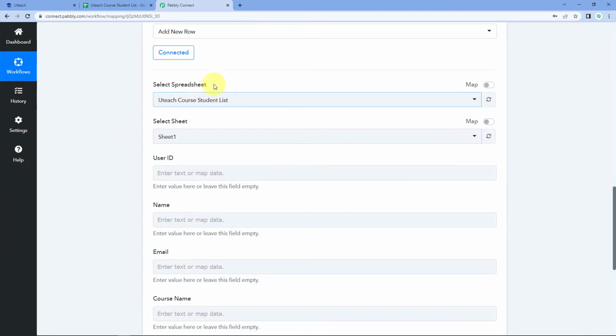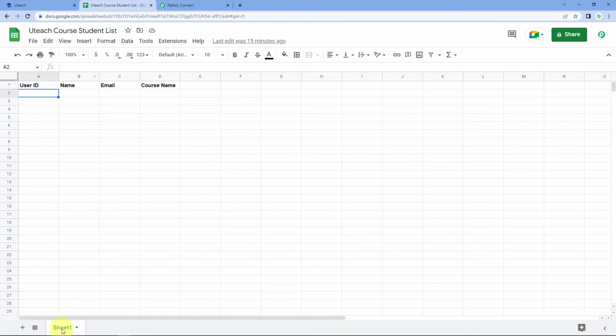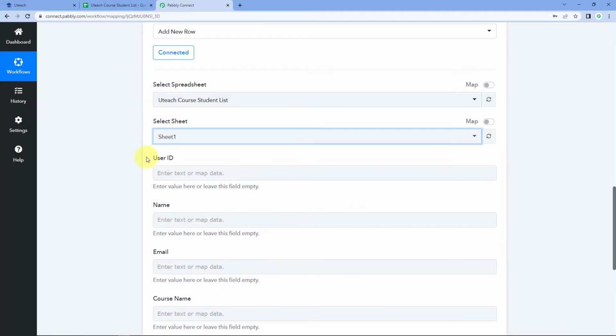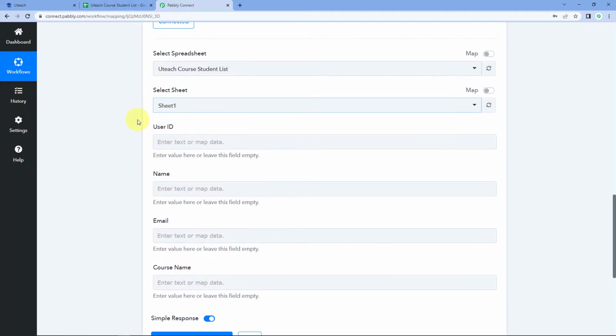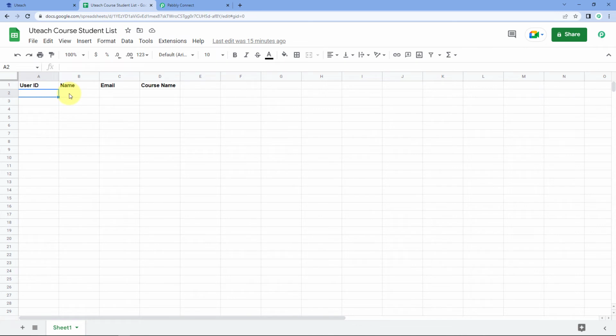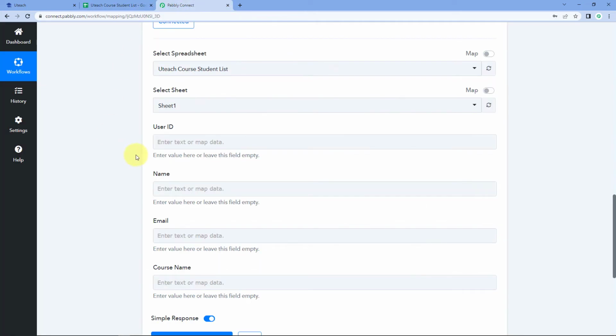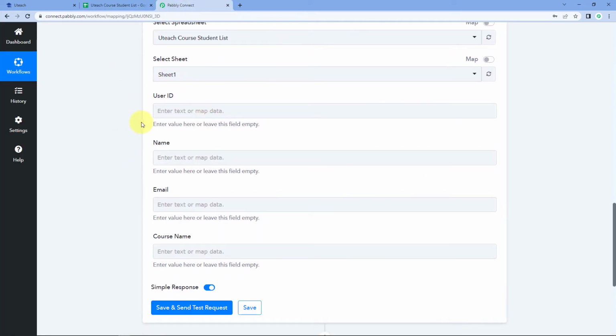And after selecting the spreadsheet, it is asking us to select the sheet. In this spreadsheet, I have only one sheet named Sheet 1, so we will select Sheet 1. After that, it is asking us for user ID, name, email, and course name. Basically, I have created 4 columns in my spreadsheet: user ID, name, email, and course name. And these same 4 columns can be seen inside Pabbly Connect. So here we have to enter the data which we want to add to these columns in